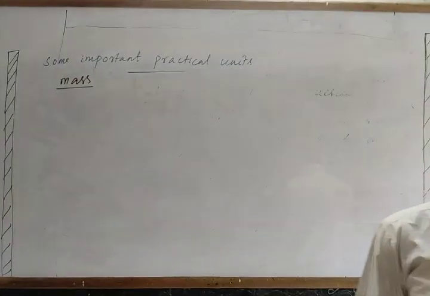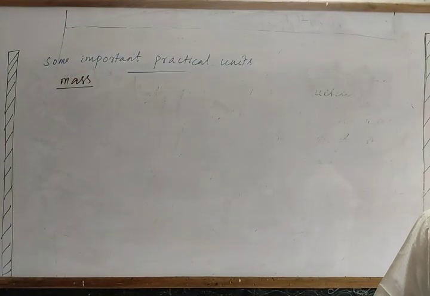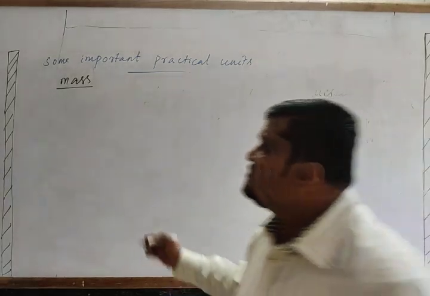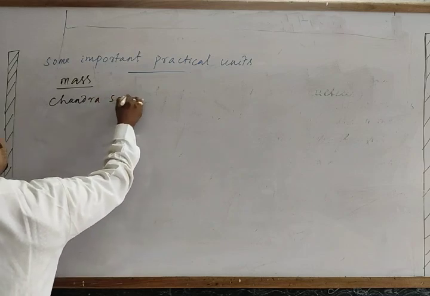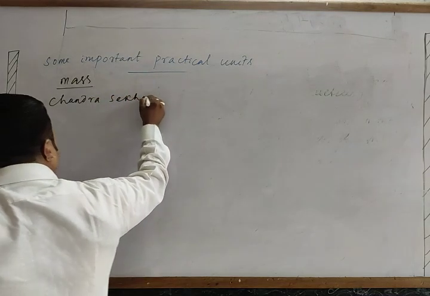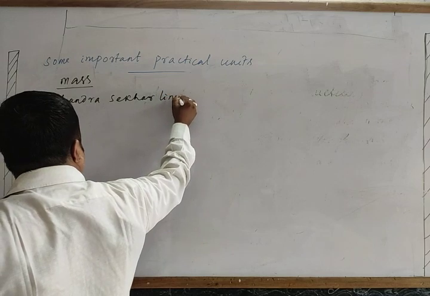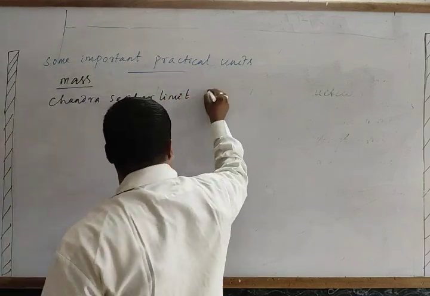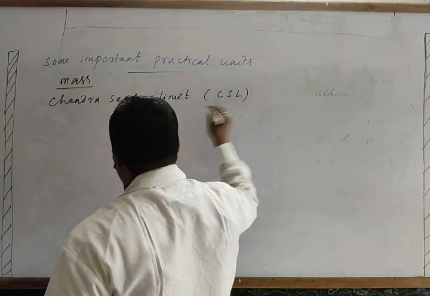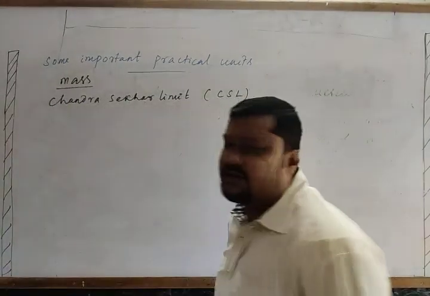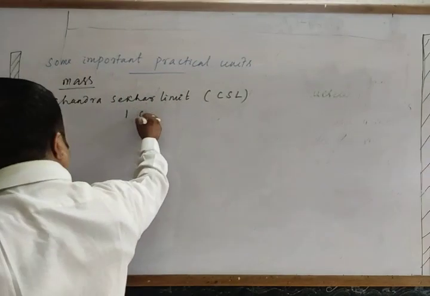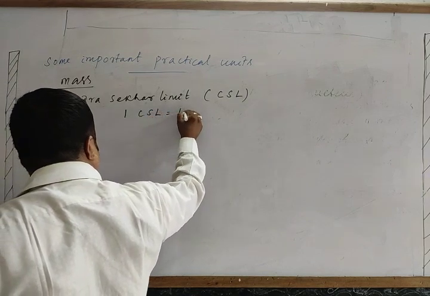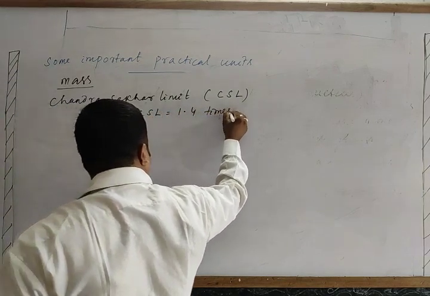So for mass, the following is a large mass unit: the Chandrasekhar limit, CSL for short. What is that Chandrasekhar limit? 1 Chandrasekhar limit is equal to 1.4 times the